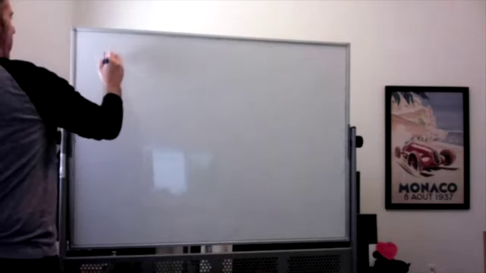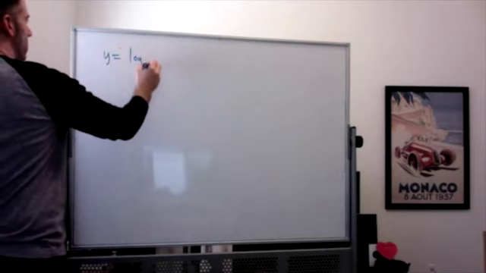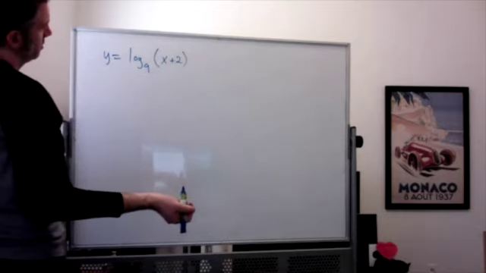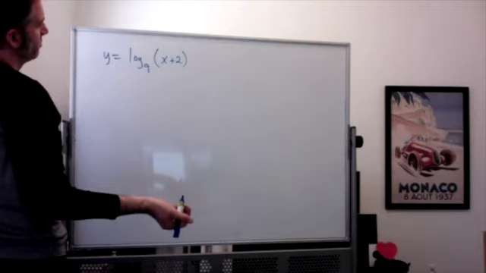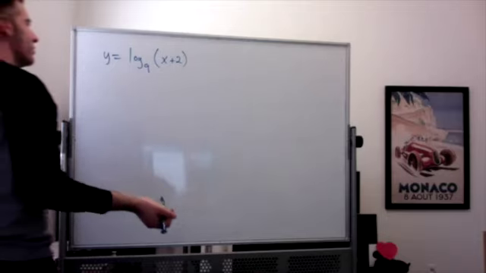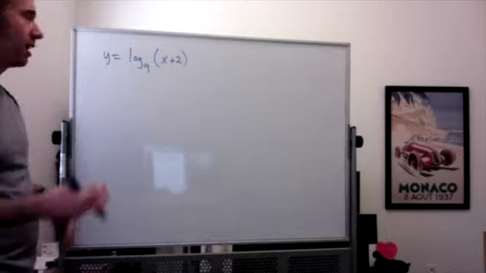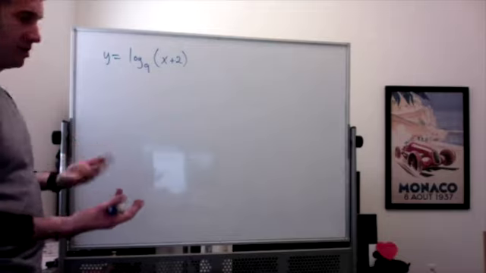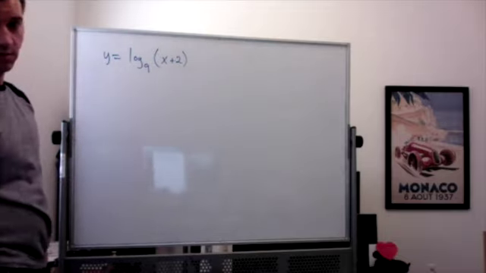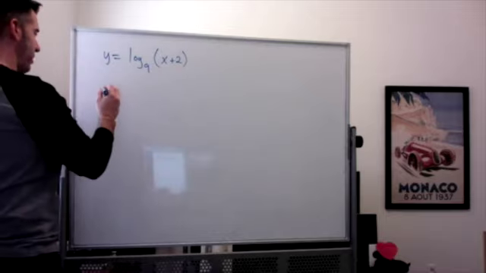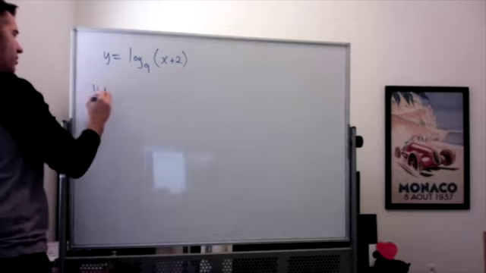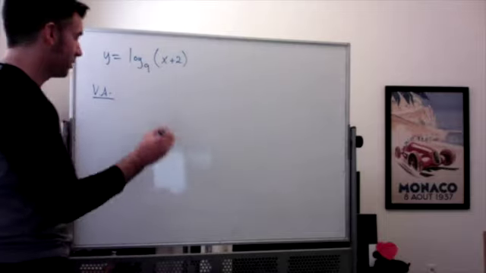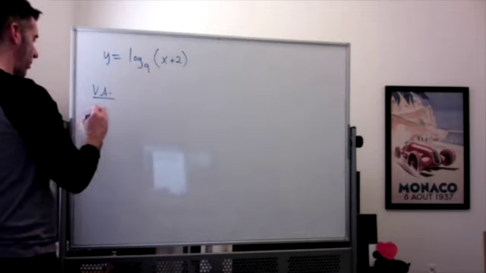Let's graph y equal to log base 9 of x plus 2. Is that what I want? Sure, why not? That seems fine. Again, same sort of deal. We know the shape. The shape is the usual up and to the right shape for a logarithm. And we're trying to find the vertical asymptotes and maybe some intercepts. There's definitely going to be some intercepts here because it's shifted to the left. We're going to shift left 2. So our vertical asymptote is,